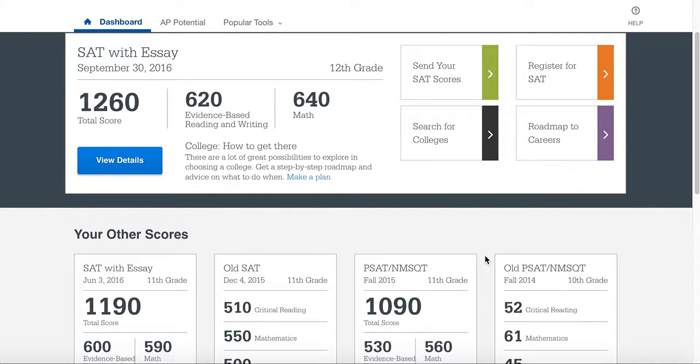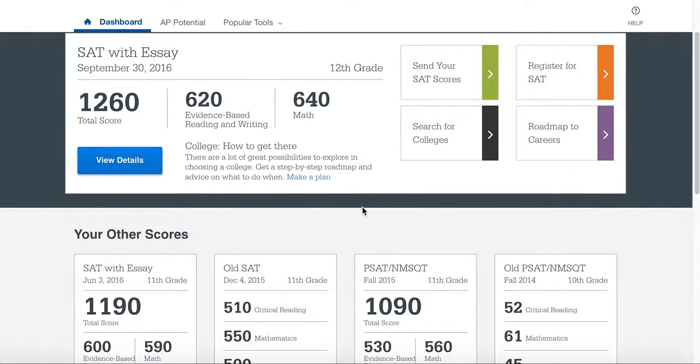In order to get your PSAT score report, you should log into your dashboard through collegeboard.org. Once you do, you'll see a page similar to this. This is your home page in that dashboard. The most recent test score released will be at the top of the screen, so this might be your PSAT